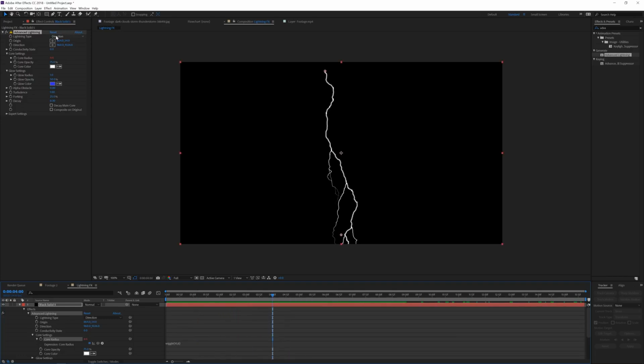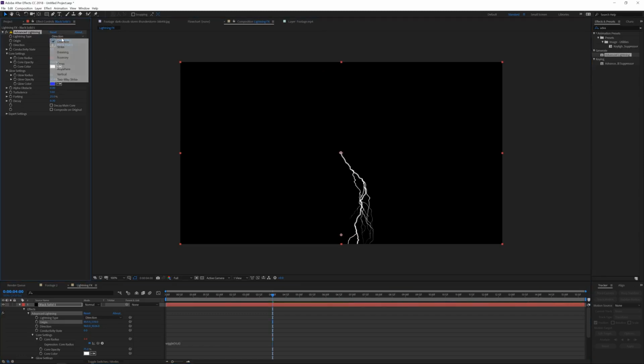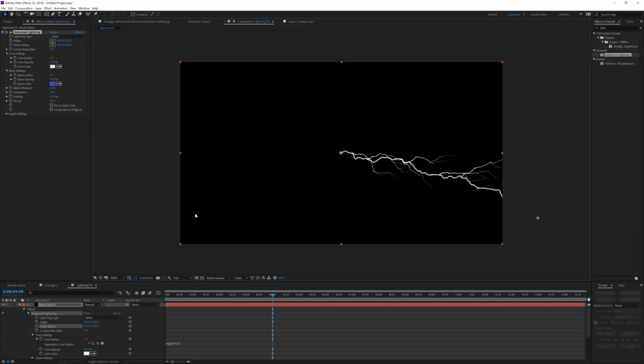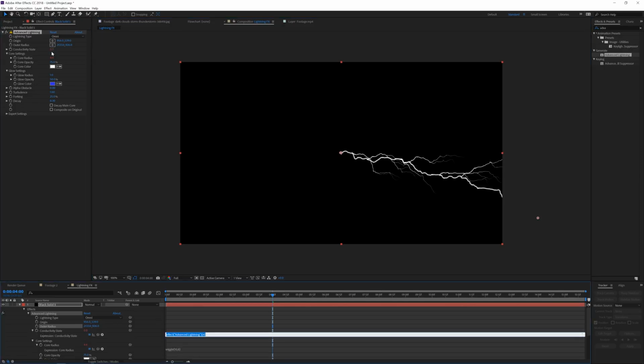The next thing I want to do is go over here in the direction. You can either put it over here. I want to go for an omni, which I think is a little bit cooler, and then put this on the side. And then what I want to do is also alt-click on a stopwatch for the conductivity state. If we click here, we can also apply an expression. This time we'll go for time times